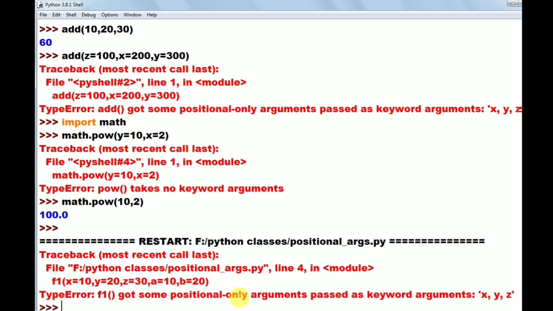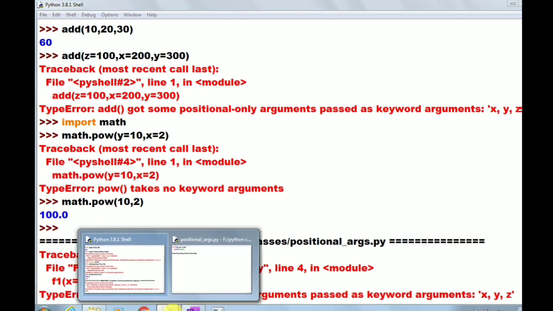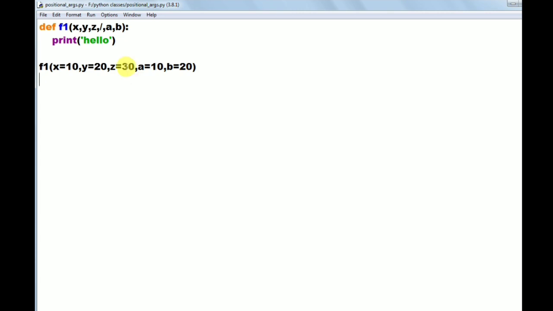Okay. Now I am running again. I am not using the keyword arguments concept for x, y, z. For x, y, z I am not using keyword arguments, but for a, b I am using the keyword arguments concept. So I am giving b value as 10 and a value as 20. Now it will not give any error. Run this, check it, because here a, b are positional arguments. Positional arguments can be passed as keyword arguments. Here x, y, z are positional only arguments. They cannot be passed as keyword arguments. We have to pass like this only.